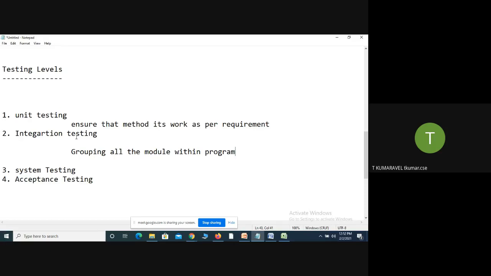Acceptance testing means I'm going to take a subset of test cases, to see whether all the test cases produce a fine result or not. That is called the acceptance test. One more final testing is called production testing. What is the meaning of production? The last one is called production testing.